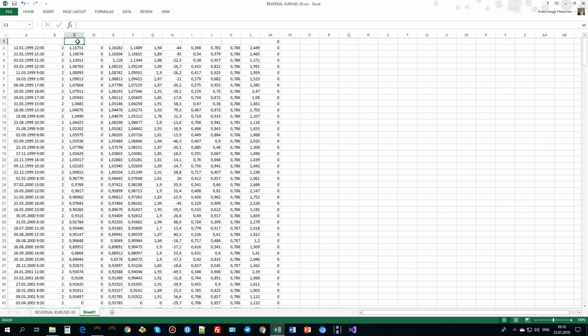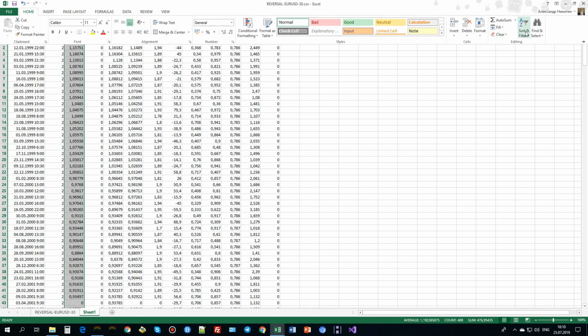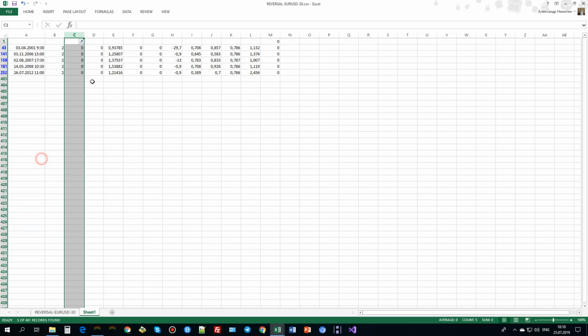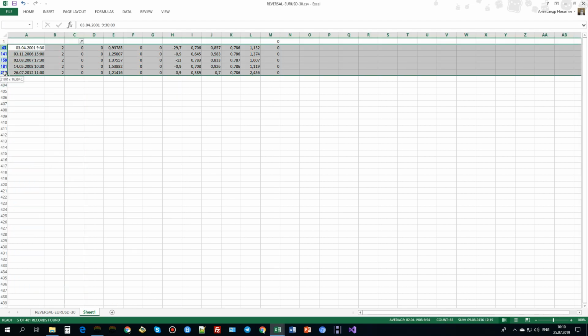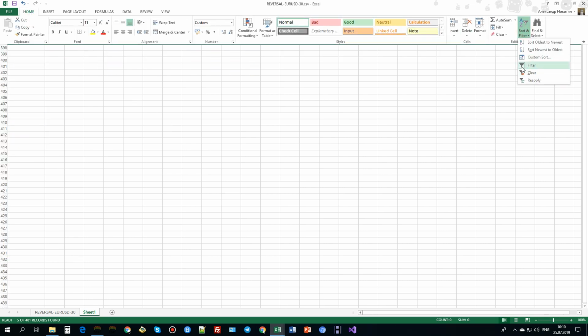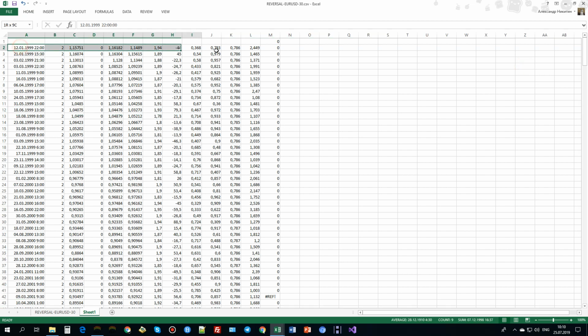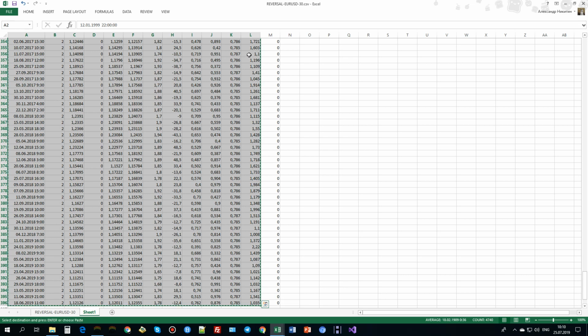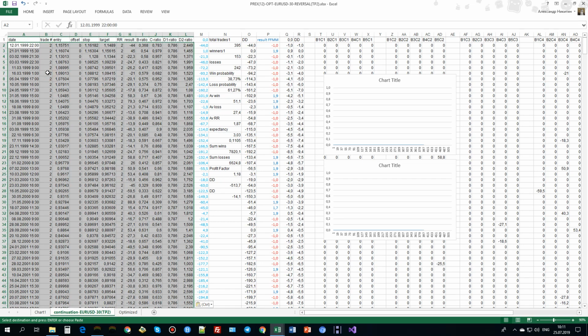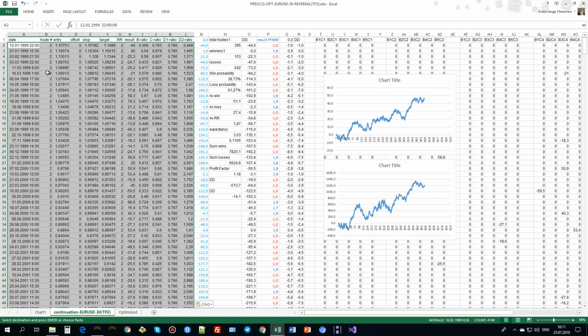And here I should filter some entries if there are 0 entries, 0 take profit, 0 stop loss. Okay, delete these rows. Now we have perfect data. Copy, and then go to our prepared file, and here we just paste values. Okay, so this is